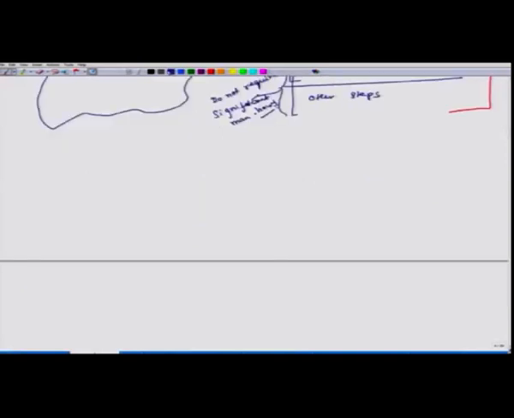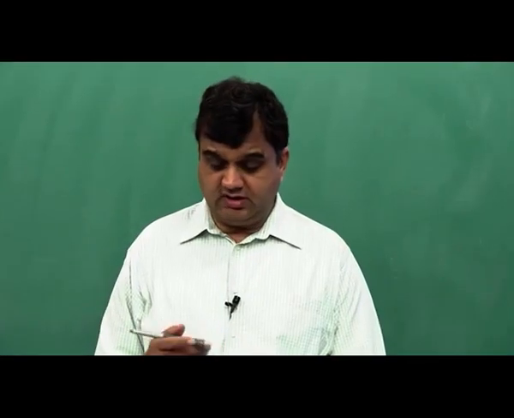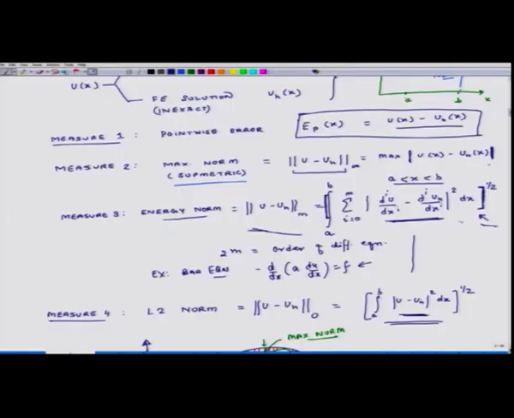So the next thing in this context we will discuss is accuracy of the solution. What we are specifically interested in is how accurate our solution is. We can measure the accuracy in terms of all these norms: max norm, energy norm, L2 norm. But we are also interested in figuring out what happens when I have a finite element analysis,